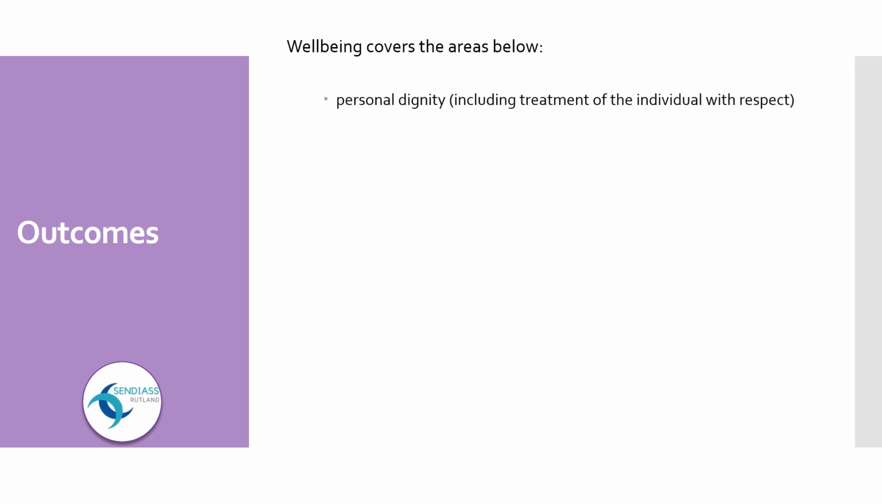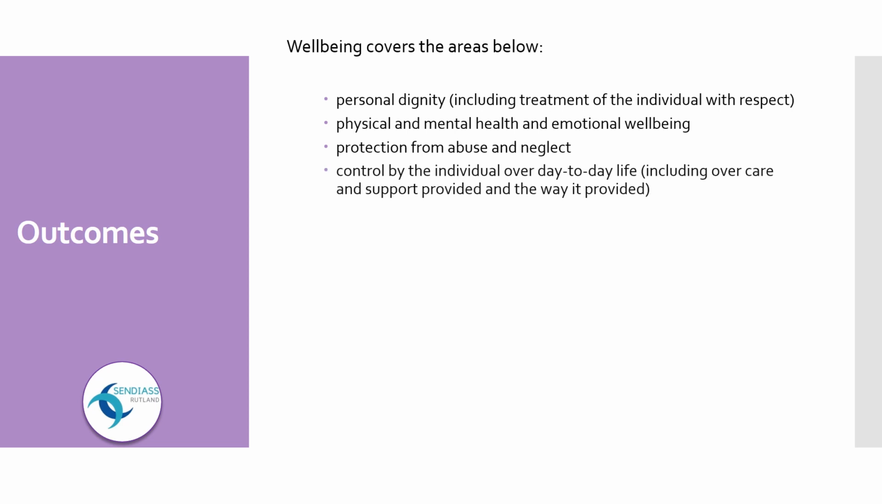Outcomes continued. Wellbeing covers the areas below: personal dignity, including treatment of the individual with respect, physical and mental health and emotional well-being, protection from abuse and neglect, control by the individual over day-to-day life, including over care and support provided and the way it's provided, participation in work, education, training or recreation,